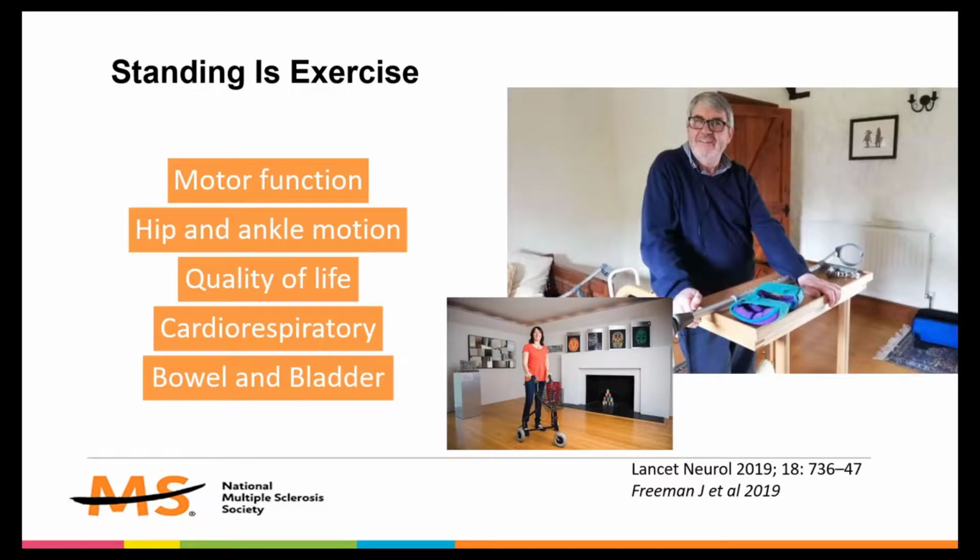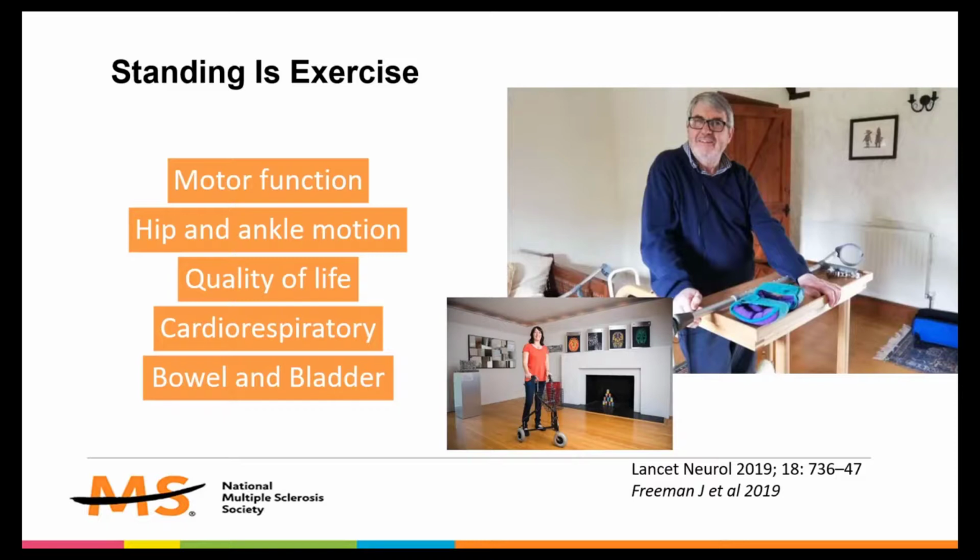frame program in 150 individuals with progressive MS. Participants were given a wooden standing frame, instructed in its use at home, and then asked to stand for 30 minutes at least 3 times a week for over 20 weeks, and record the frequency and duration of each stand in a daily diary. They were encouraged to increase their stand time and were given online advice and DVDs from